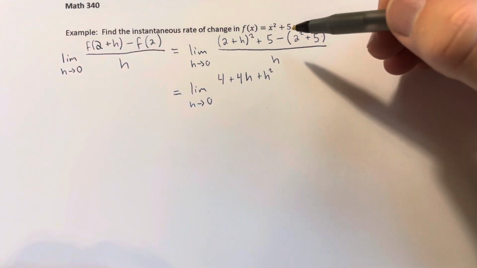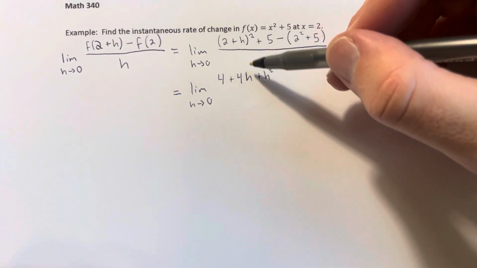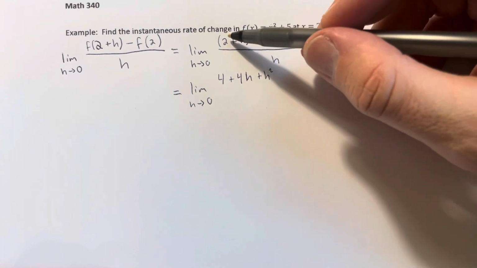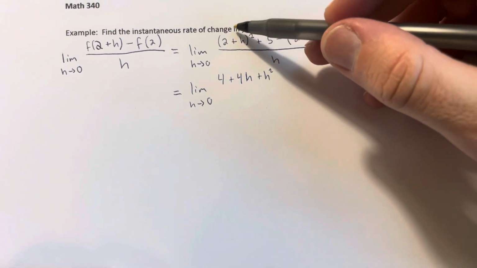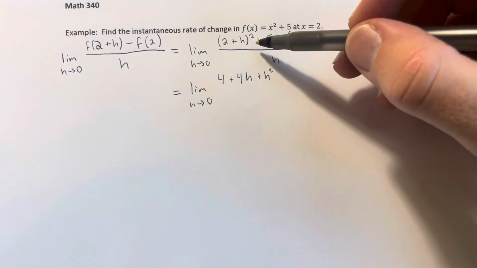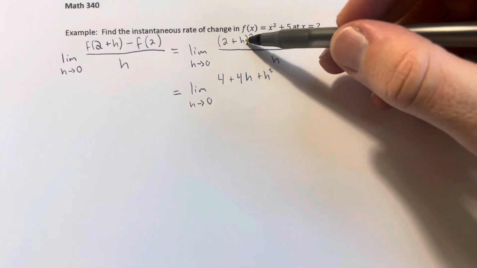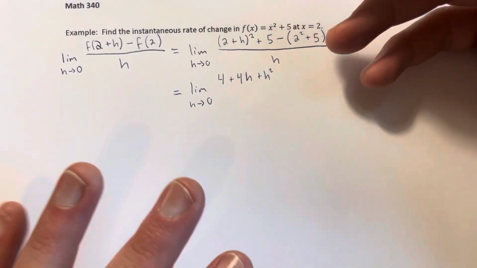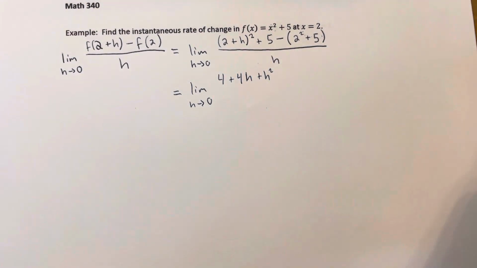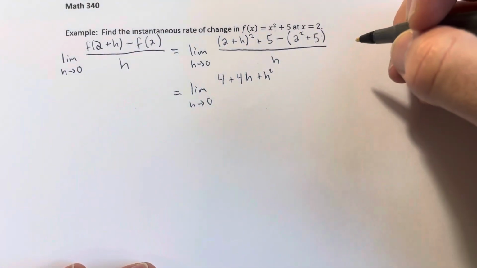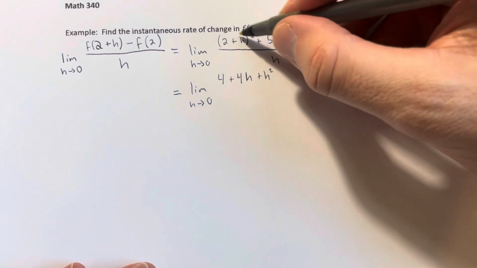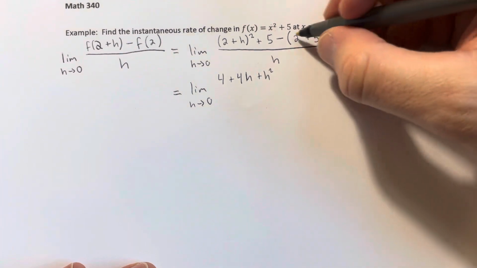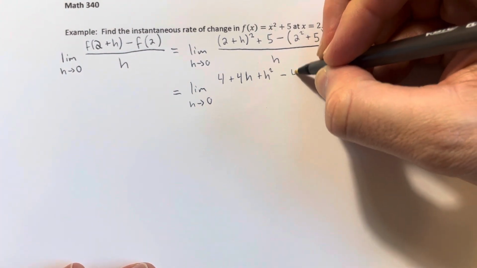Okay, now if you're rusty on your algebra, you can go through some steps to get this. You can write 2 plus h times 2 plus h and then use that FOIL method to multiply that out. But this is also a perfect square trinomial, and I know how to compute those just in my head because we learned techniques for that in algebra. I'm not going over all of that right now, so hopefully you remember how that works. So that's what happens to this expression when I expand that out. We said we would have gotten a negative 4 from the rest of that stuff,